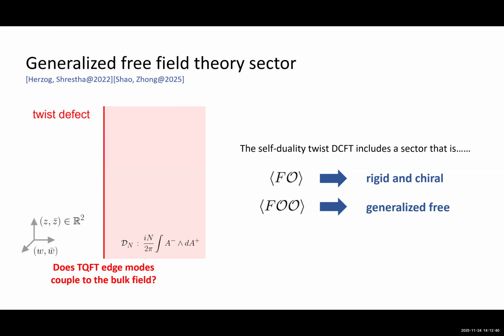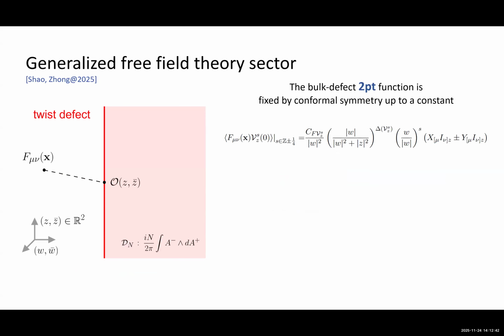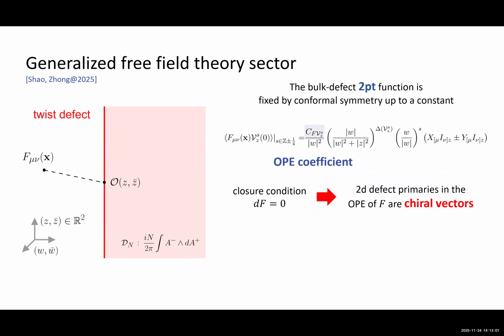Okay, so how is that done? We first consider the possible bulk-to-defect two-point function. And the thing is that conformal symmetry is so strong that the possible form of the two-point function is completely fixed up to an overall coefficient, which is the OPE coefficient. And now, by requiring that the bulk field strength has to be closed, we can solve this equation and find out